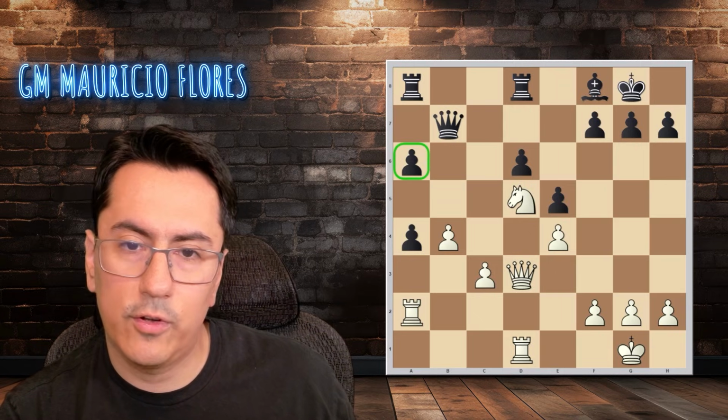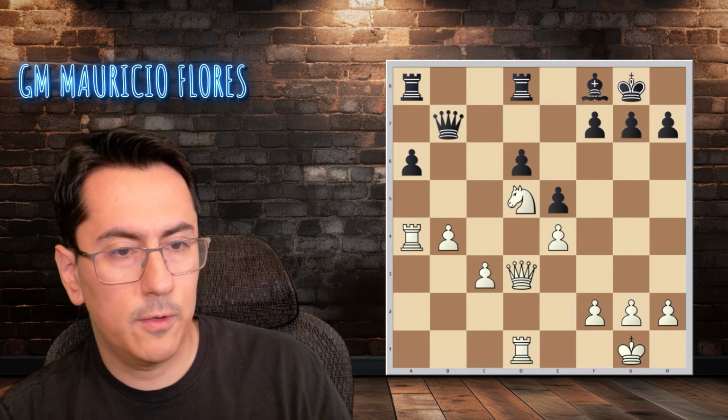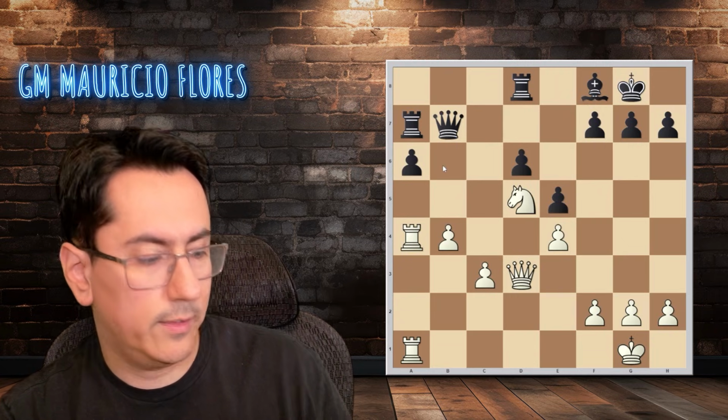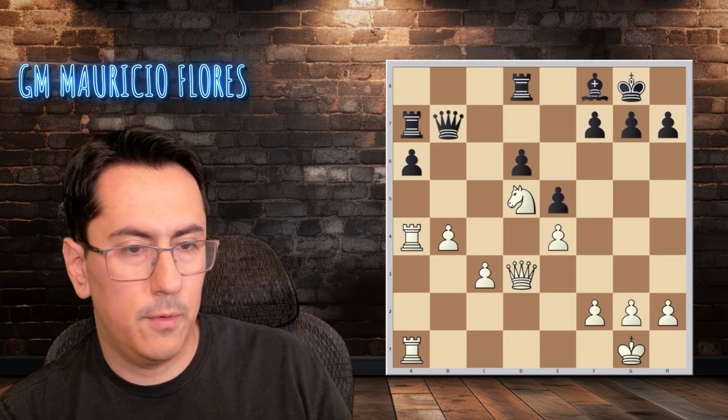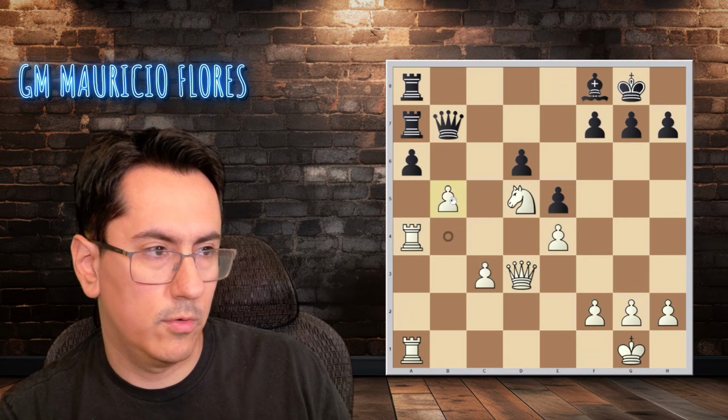Then we have a different continuation. We will take and we will build pressure against the pawn on a6. And then when our opponent plays rook d a8, we have to be clever. We cannot push this pawn. Okay, so for example, if you played g3 and h6, and now you play b5, that would be a mistake, because pawn takes, trade,